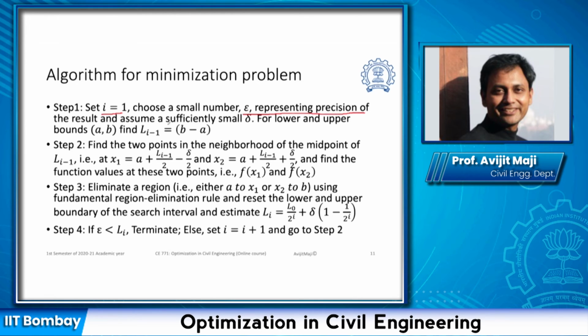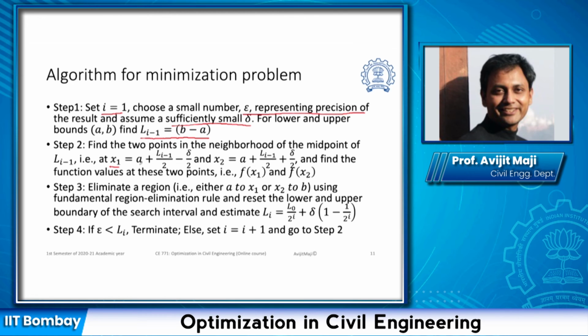And we also assume a sufficiently small number delta to represent the 2 points on either side of the midpoint. Then we find the length of the interval by using the formula b minus a in the very first iteration. Then we find the two neighborhood points of the midpoint, one is x1, and